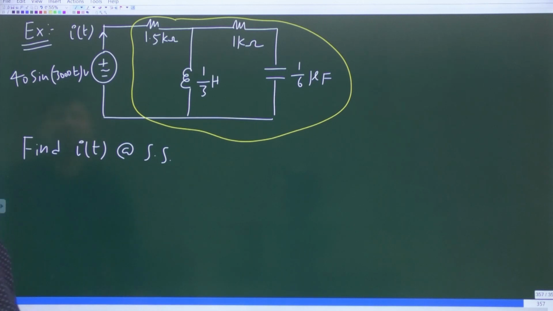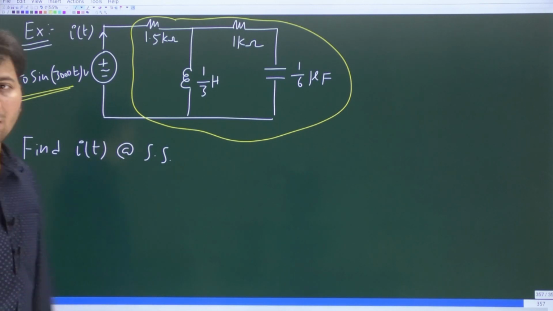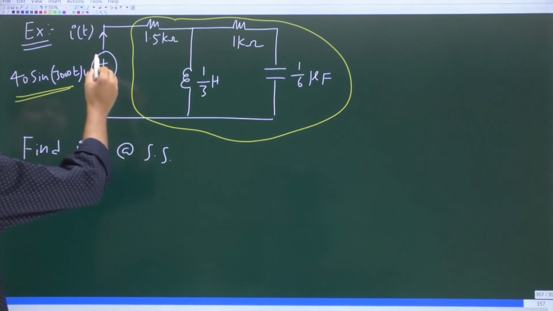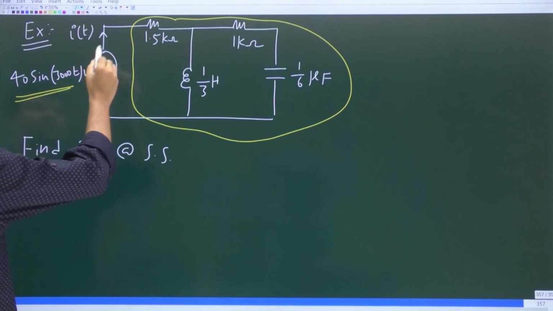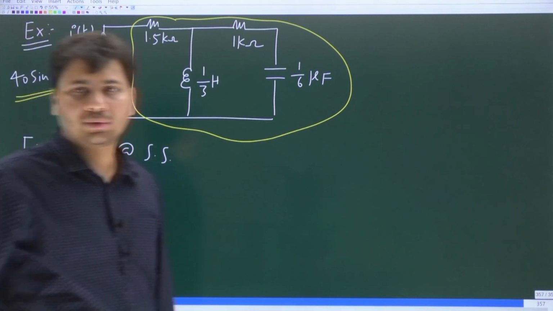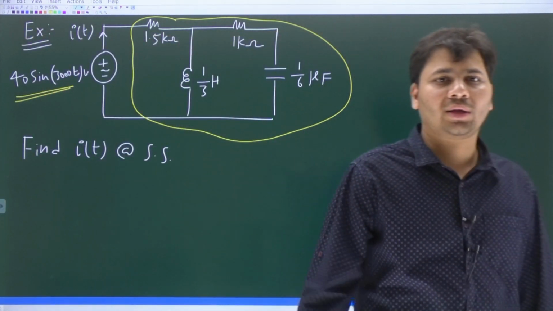And then this network is connected across a sinusoidal voltage source whose value is 40 sine 3000 t volts. You have to find i of t at steady state. Look at what this i of t is. Is it not the current drawn by this yellow color network? Because after all, the source is